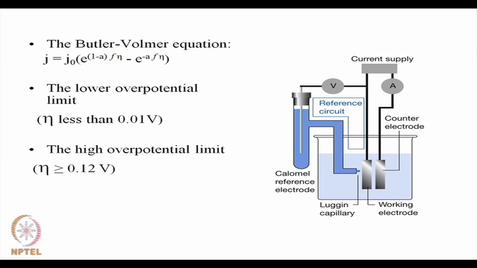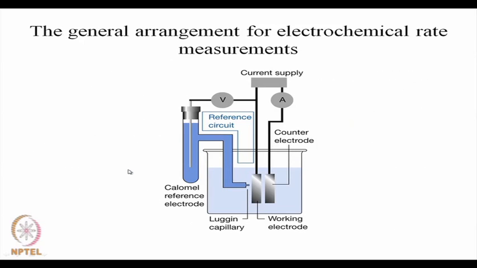So, you are measuring the current density. In all cases, whenever you do some measurement on this electrochemical rate process, that is rates occurring at the electrodes,